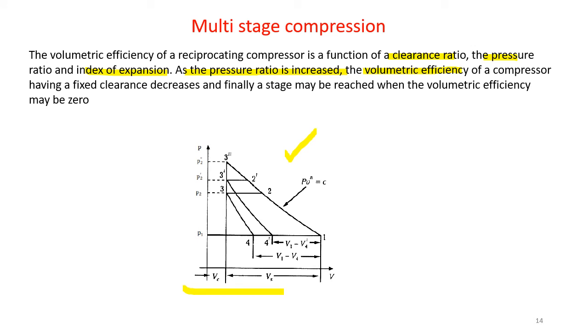I am not going into too much detail about this diagram, because this is also a part which you already studied. But as a basic concept, you should remember why we cannot go for an infinite number of stages in the compressor. This swept volume, or this particular clearance ratio, actually puts the limit on the number of stages which you can include in a compressor.